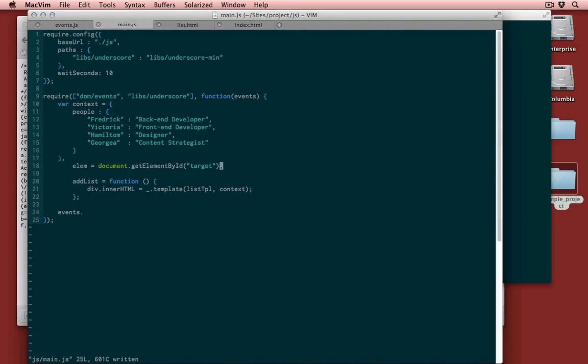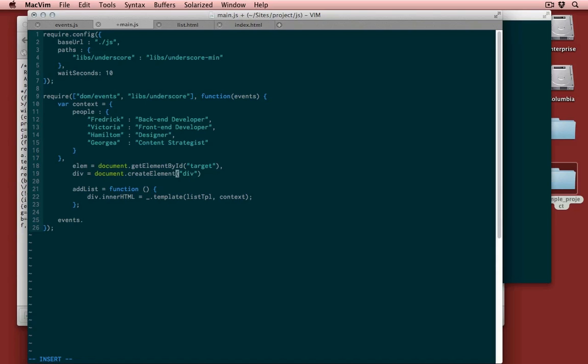So let's create our other variables here. We're going to have a div, which is just document.createElement div. We're going to create a div just like that. Our list template, we need to pull that in up here. So let's pull in that module, and that's within